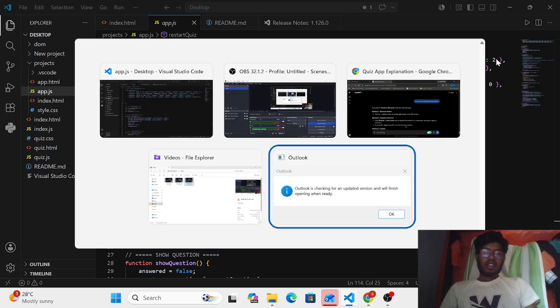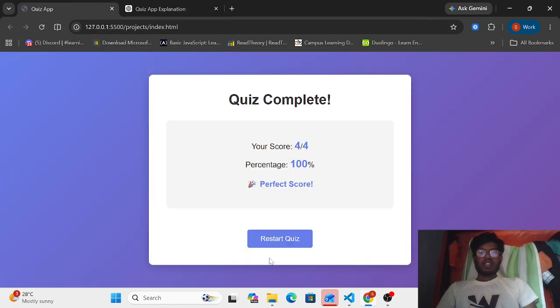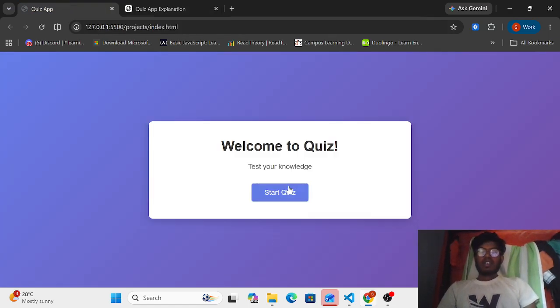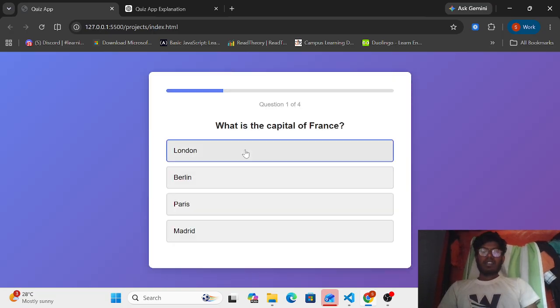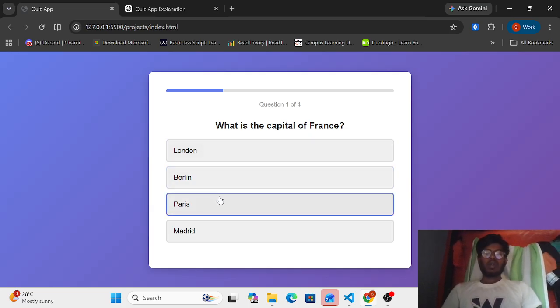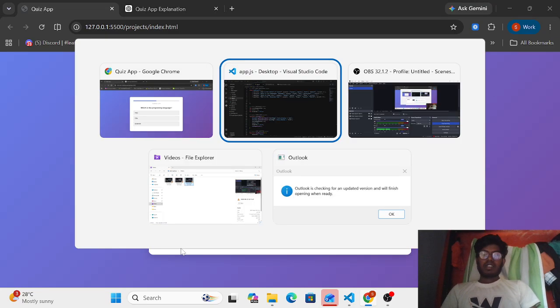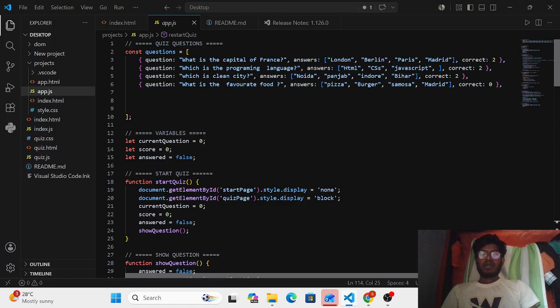The indexing starts from 0, 1, 2, so the answer is Paris. That's why we use it. And these are the questions: what is the programming